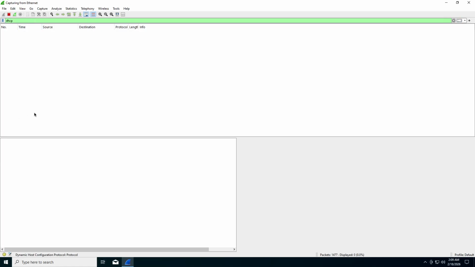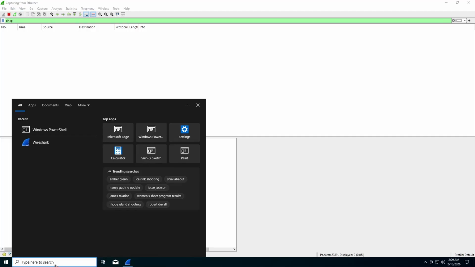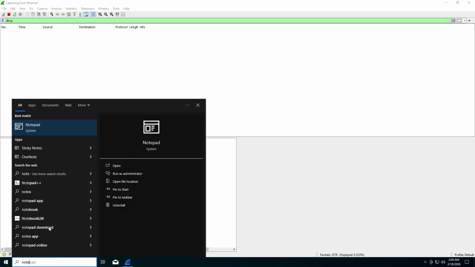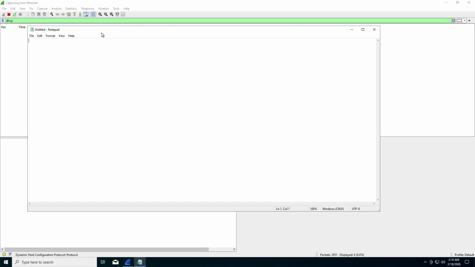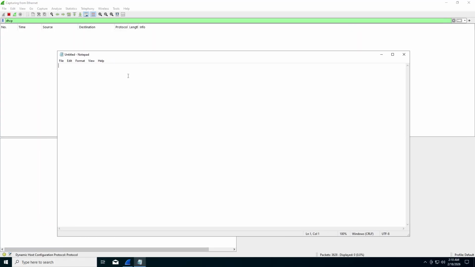Now, what we want to do is open a Notepad in our Windows virtual machine, and we'll create a simple release and renew command file that we can put into PowerShell and have it run. So basically, you want to just type in ipconfig